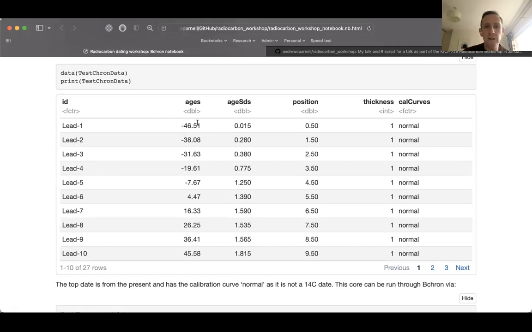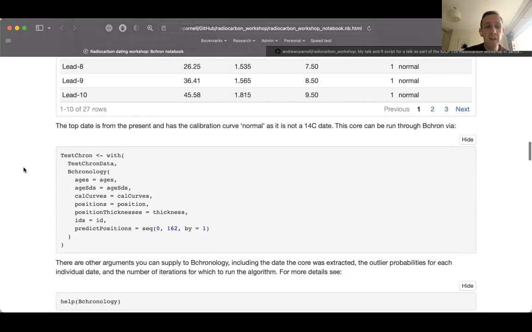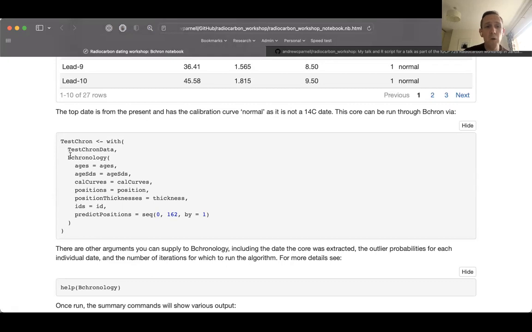If you want to, you can see the different ages, the SDs, the calibration curves, etc. And then the way you fit it in Bchron is you call the Bchronology function. So here I'm saying I want to use the test cron data set, which is the thing we were just looking at above. These are the ages, these are the age standard deviations, these are the calibration curves and so on. And down at the bottom, I've got an option for predict positions, which is where I want to be able to predict my